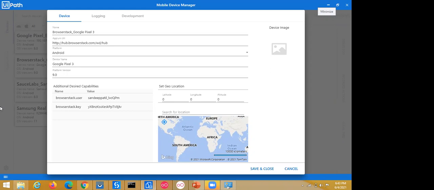But for this, you need to understand how to set up these connections and how to get all these browser capabilities, because this is something outside of UiPath. Whenever we're doing UiPath, activities are available, but this is knowledge apart from UiPath. So it's very important to understand these things. Only then can you do mobile automation with cloud devices. So many people are asking me, with a simulator we can do it, but we don't know how to connect with BrowserStack. So these are prerequisites we need to understand.